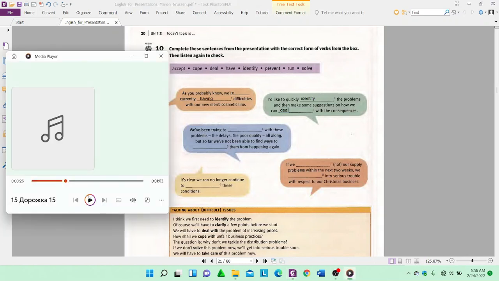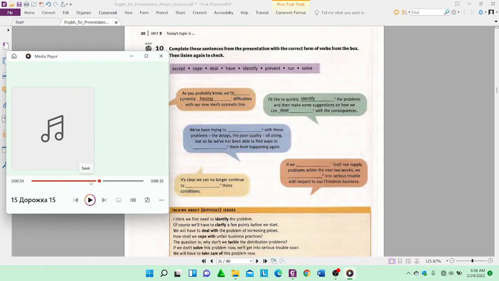So, let's start with our bottle supplier then. We've been having serious difficulties with GSG, which is our main plastic bottle supplier, regarding both quantity and quality. We don't understand why, but they don't seem to be able to supply the quantities we order from them. In addition, the quality of the material is so poor that we've had to return about 40% of the bottles. We've been trying to cope with these problems.